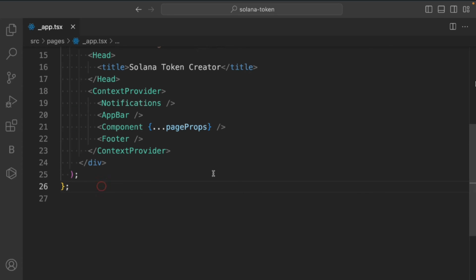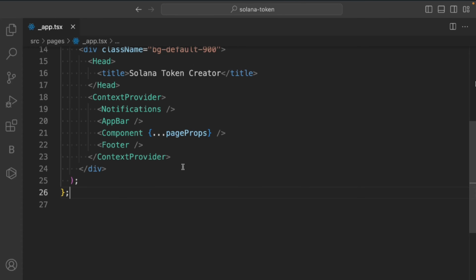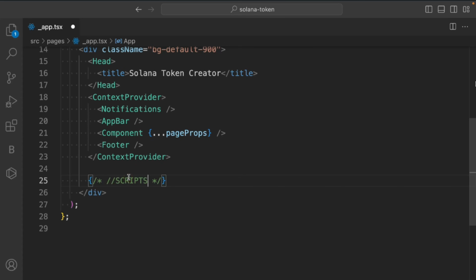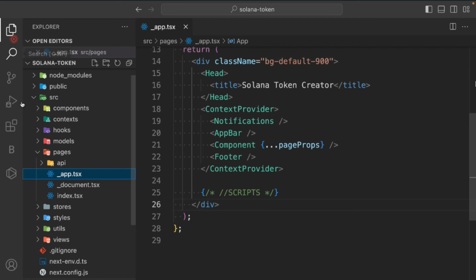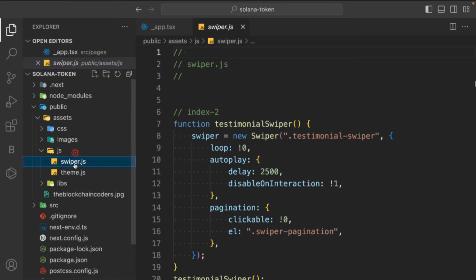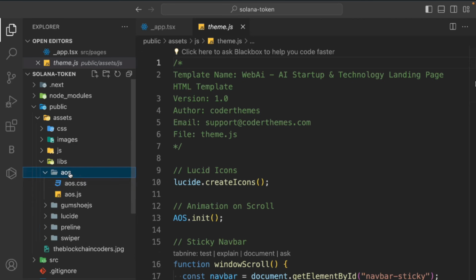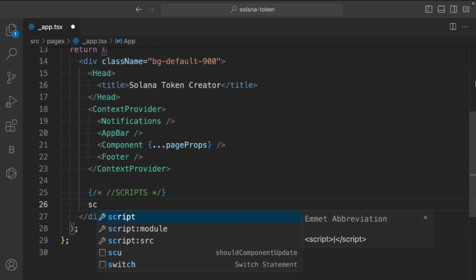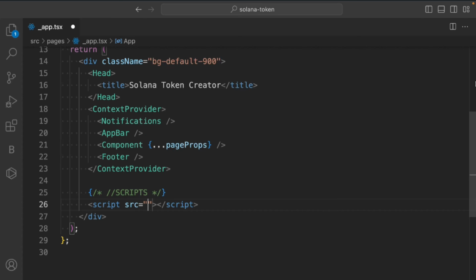Now we have to import the script, all the JavaScripts. So I can come back here. Let's call this Script, and now we have to import the script. If you come back to the public folder, inside the assets we have all these libraries which we are using internally, and that's what we're going to import. So come back here, let's import one by one. Script, we have to provide the source. We'll get into the assets, then we go into the libs, and from there we'll get this